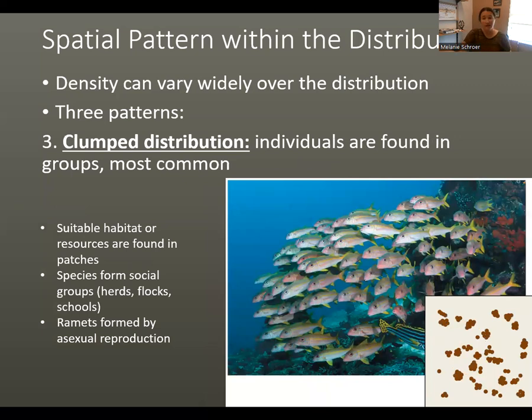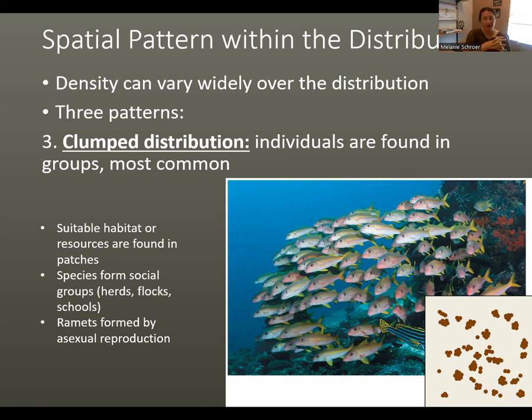Clumped distribution is by far the most common among all organisms on Earth. Here we can see, some space has no organisms and other spaces are very densely populated. Okay, so little clumps of these, in this case, fish. The school of fish, instead of spreading out individually, they clump together into schools for protection, of course. And so usually this is seen,